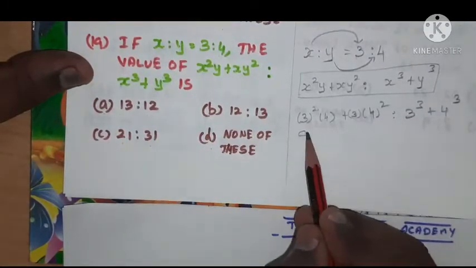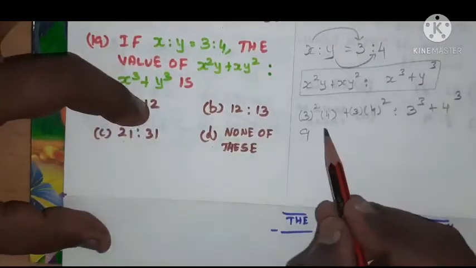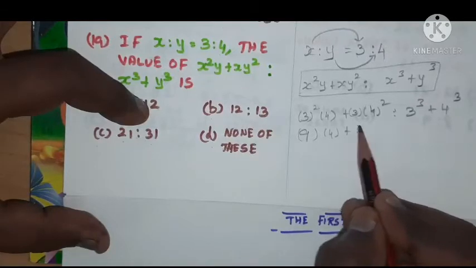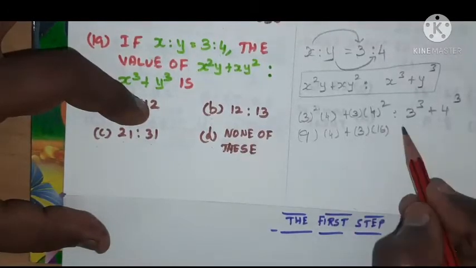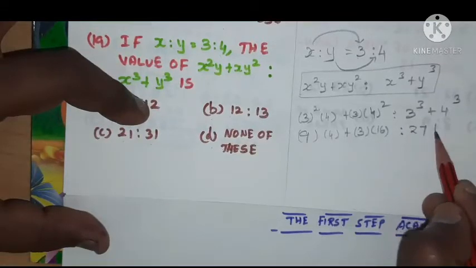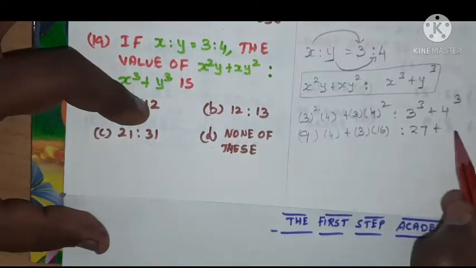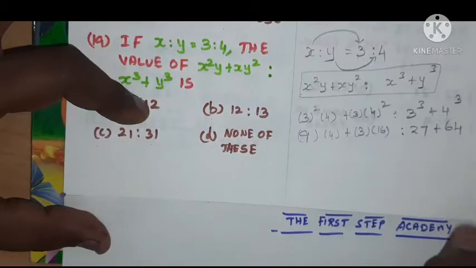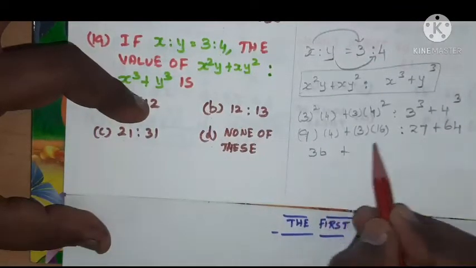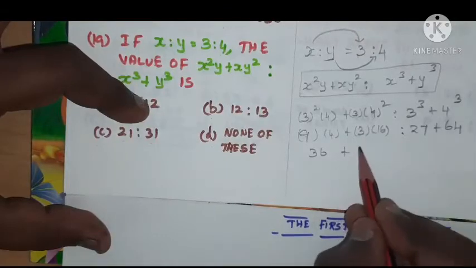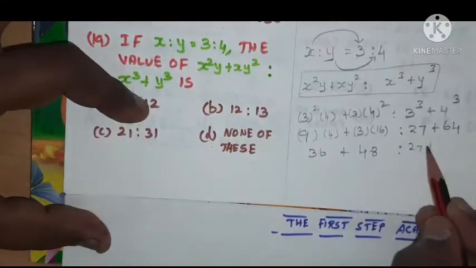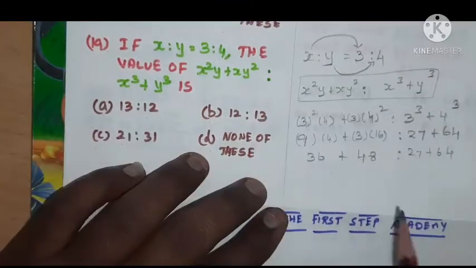So 3 squared is 9, into 4, plus 3 into 16, is to 3 cube is 27 plus 4 cube is 64. Now 9 fours are 36 plus 16 into 3 is 48, is to 27 plus 64. Now by adding this we'll get